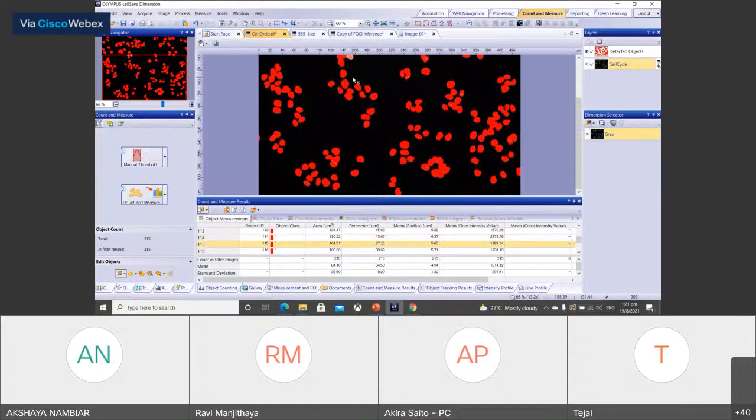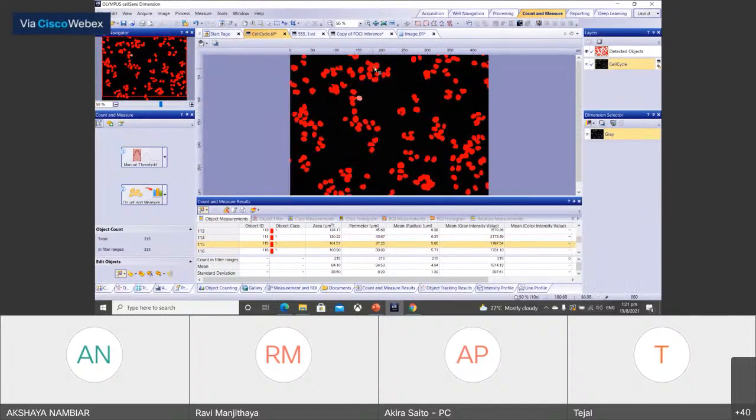Yes, sorry. It is split. The nuclei are split, and each is a single nucleus like this.